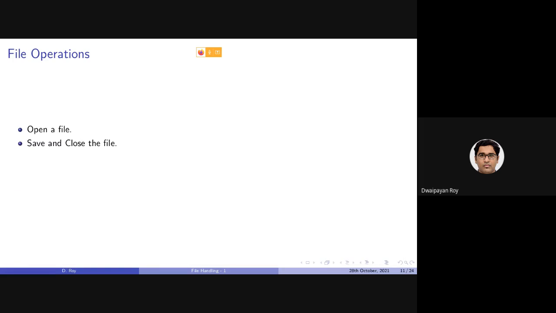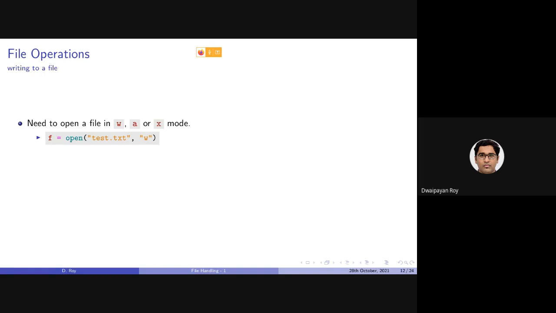So after opening a file, we should be performing certain operations. And as I said, on textual data there are only two broad types of operations that we can perform: one is writing into the file, and another is reading from the file.